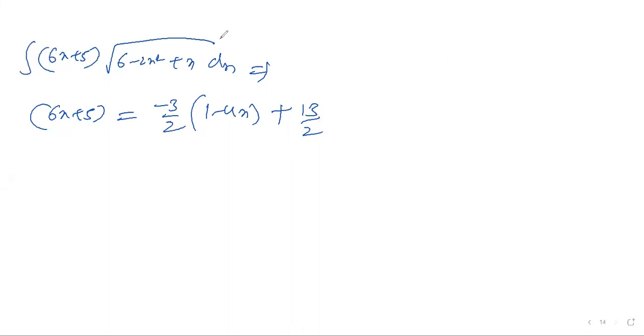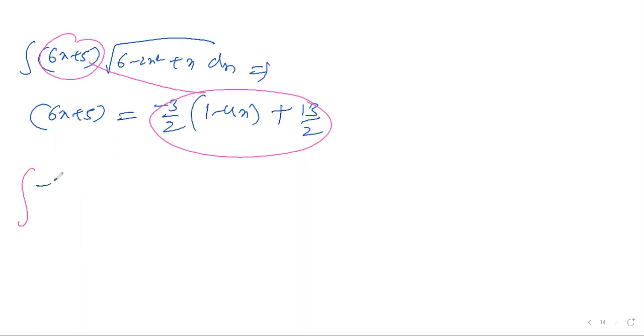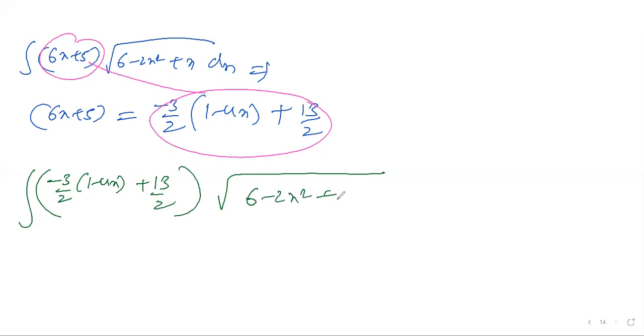Next, you need to rewrite this question now. You substitute this part in this here. So it is an extension of the question now. I'm rewriting, substituting the value. So 6x you can write as minus 3 by 2 into 1 minus 4x. I'll write very neatly. What I can write is integration of this part: minus 3 by 2 into 1 minus 4x, plus 13 by 2. Okay, Nana? Bracket of this whole answer. Any doubt, Nana?